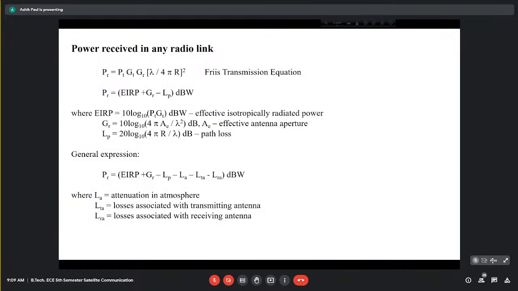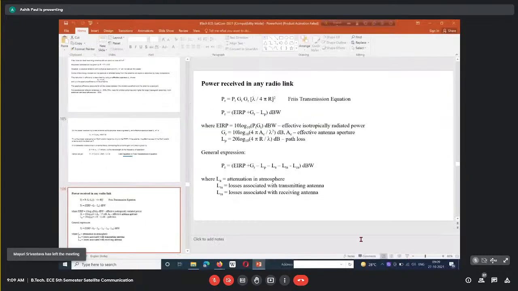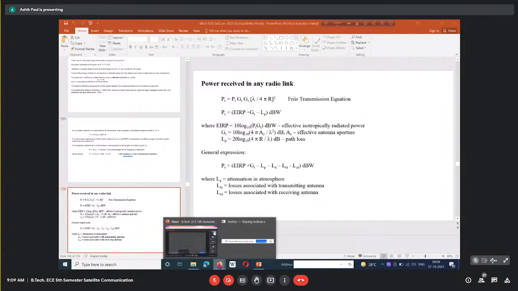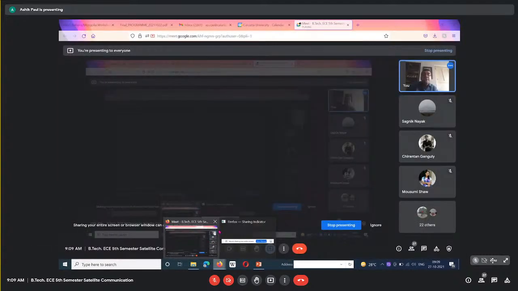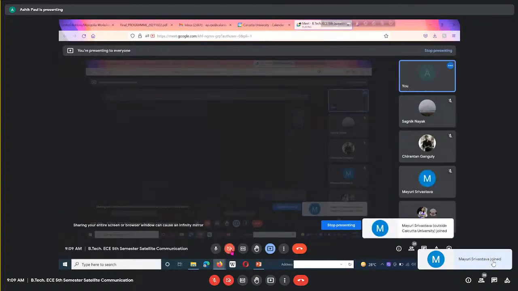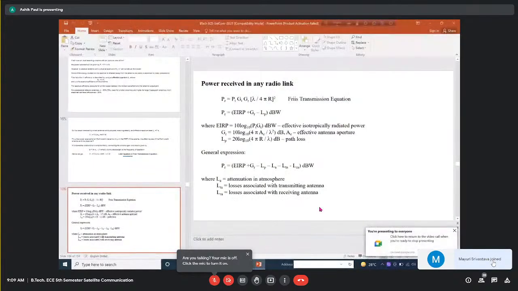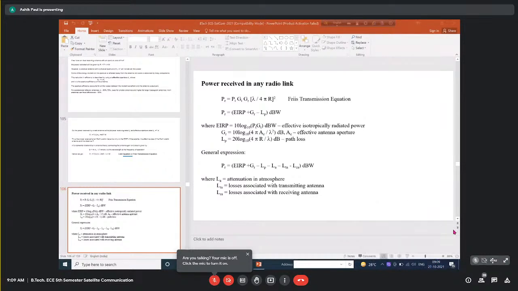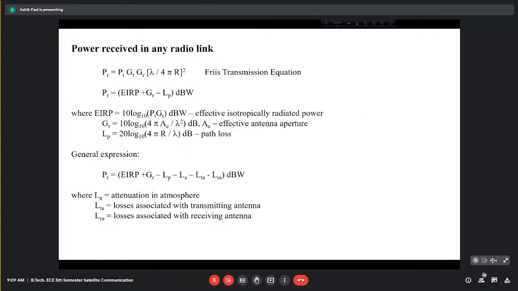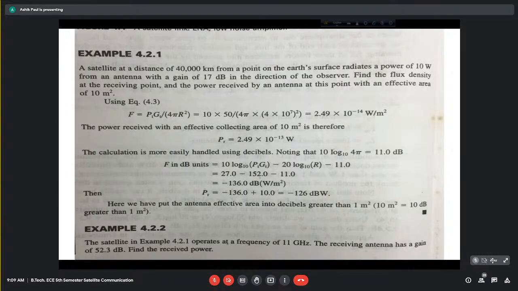So, I think in the last class we had stopped at this point, right? That is, we calculated the power received in any radio link, and associated with that we have also done, I think, one or two problems, right? These two problems we have done, right? This one of a satellite at a distance of 40,000 kilometers or so. Okay,